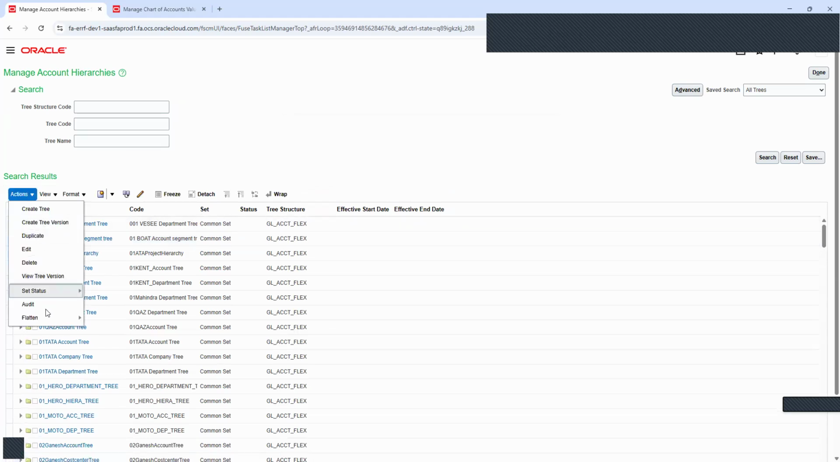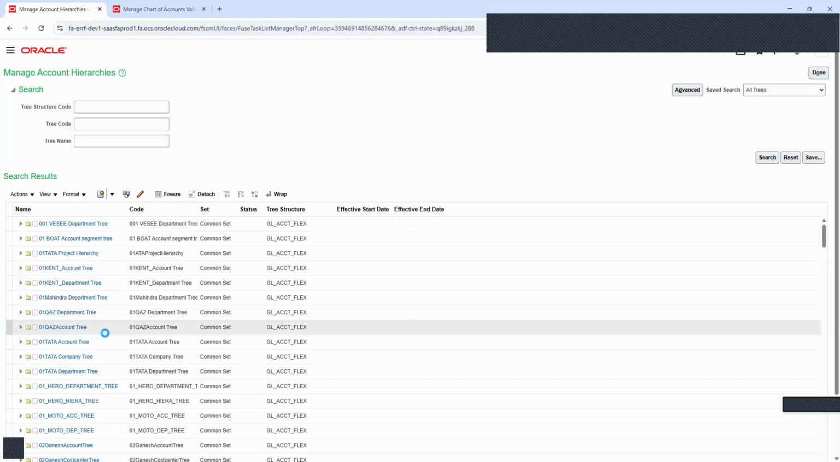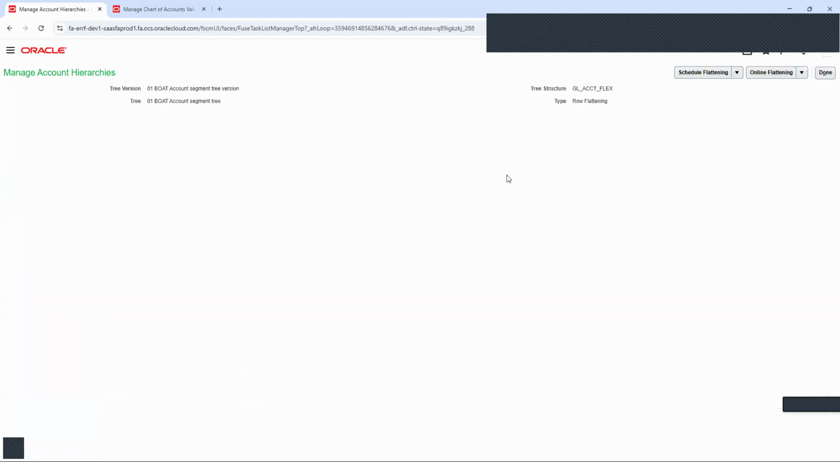So after this, you have to run row flattening and column flattening. This process helps to prepare the hierarchy data in the correct format, so it can be used effectively for reporting purposes. So when you click on the row flattening,